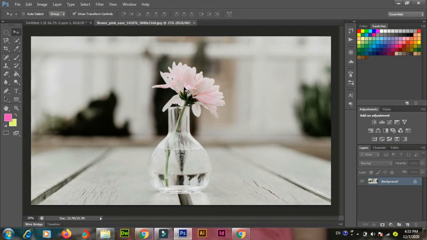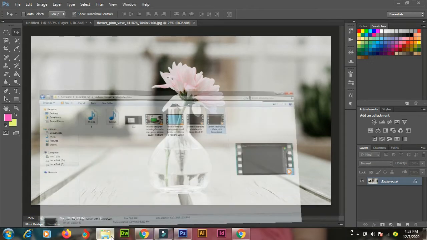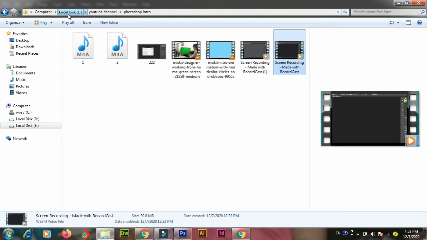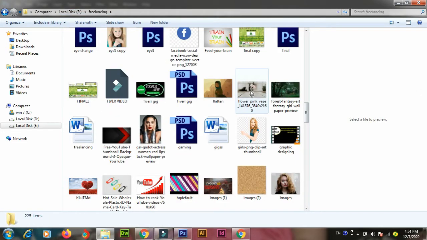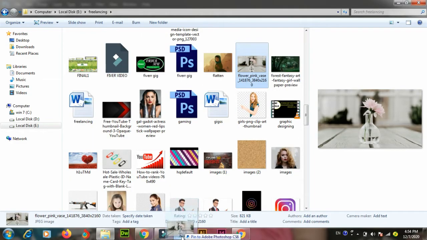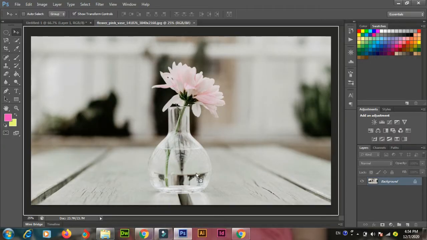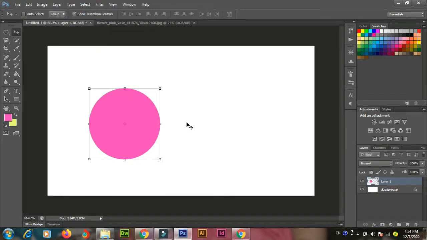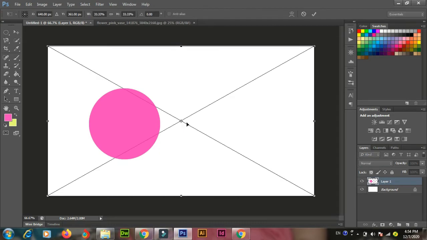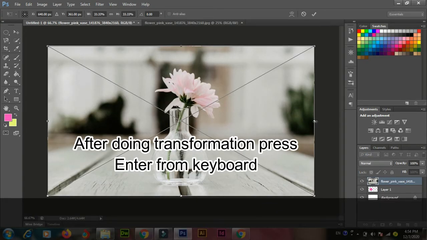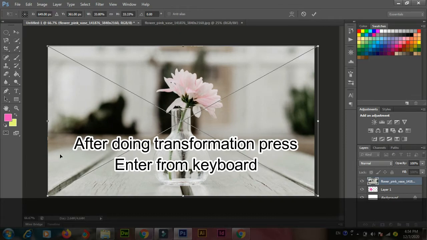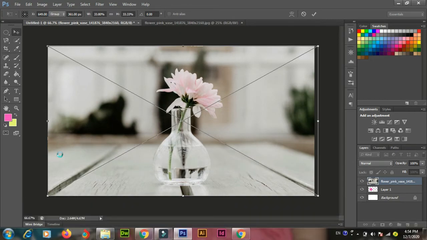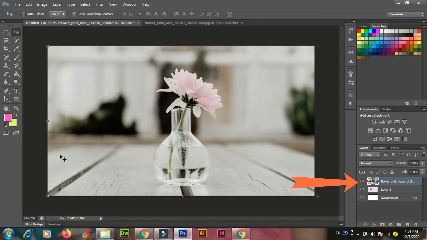All of the image is selected; copy it and place it in our required image. But before doing this, I'm going to show you the second step. We will delete this. How can we drag and drop this image over here? We have opened our folder and this is the image which we have to drag and drop. So just drag this image over here and drop it. It will automatically drop on your required image. And after doing its transformation and adjustment, just simply press Enter on the keyboard and it will be added to your layer.